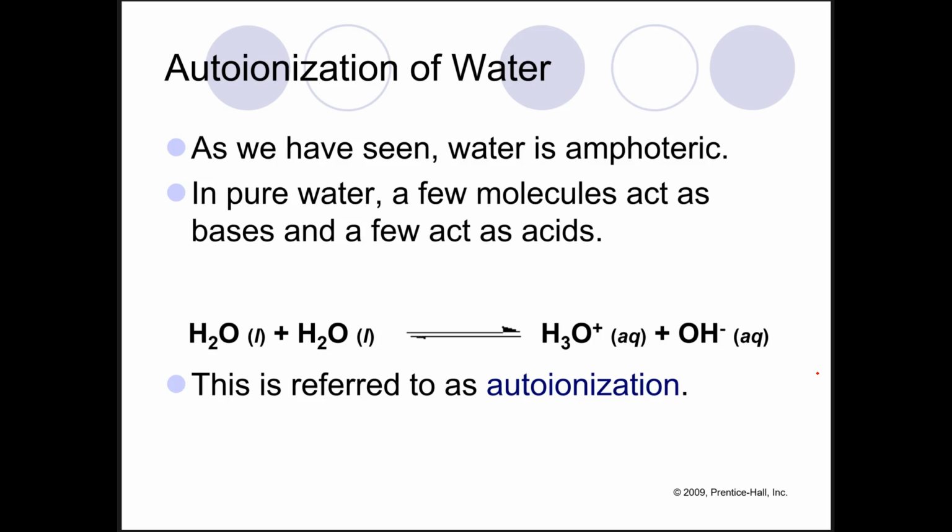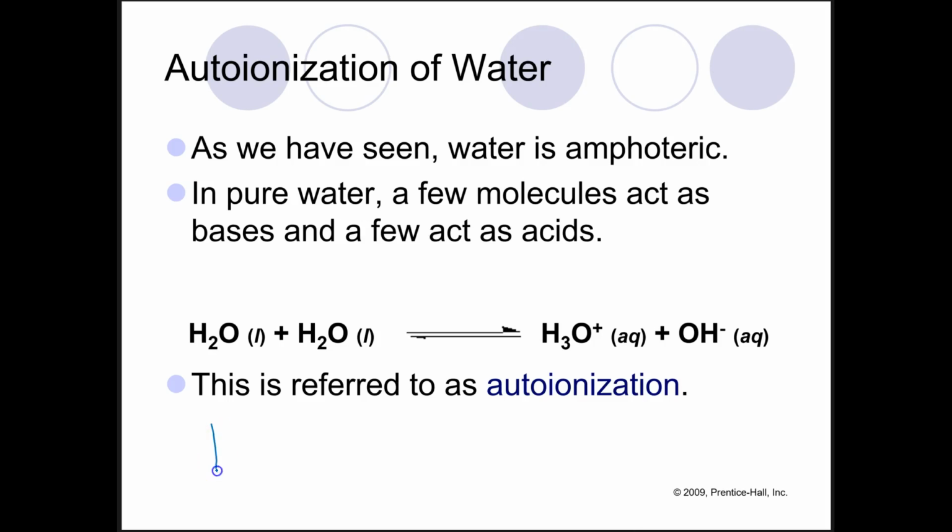Hydrogen has just moved. So since this happens automatically, this is not a you have to push a go button or put it on the hot plate or add another chemical. Water just does this. It's called auto-ionization because it automatically ionizes without being forced to. So this is an equilibrium process, which means we can write the equilibrium constant expression for